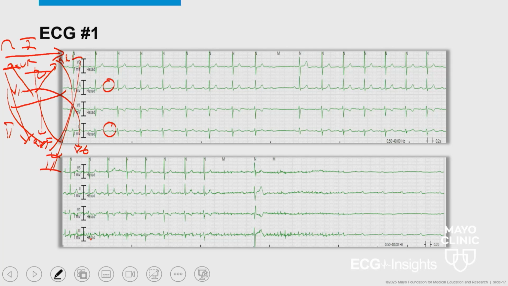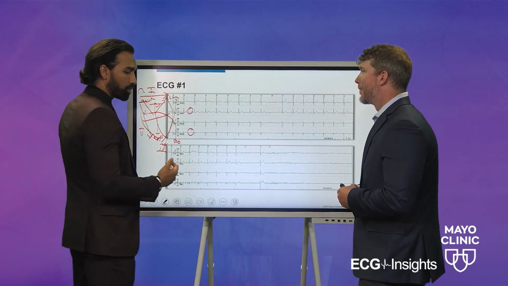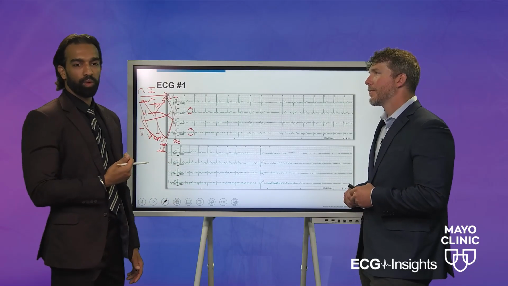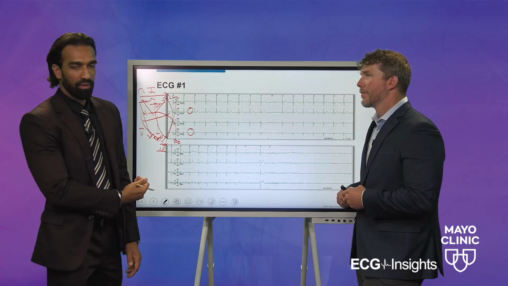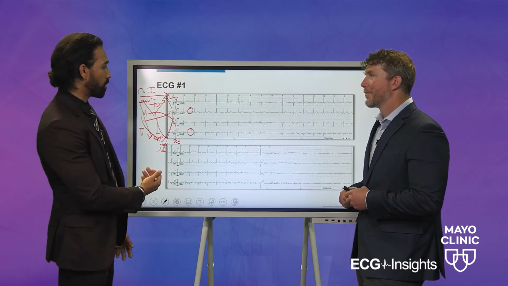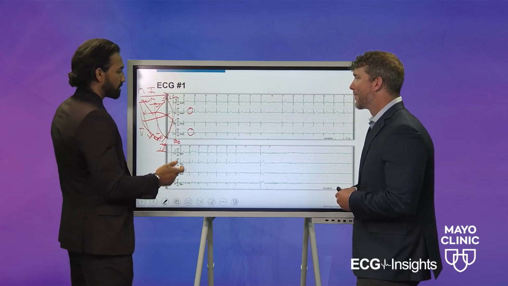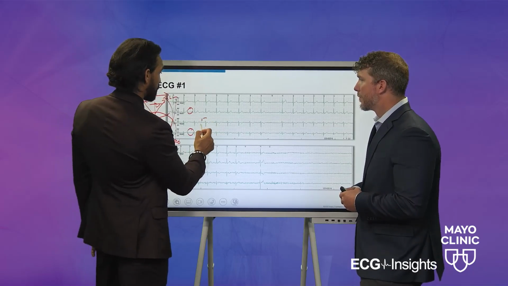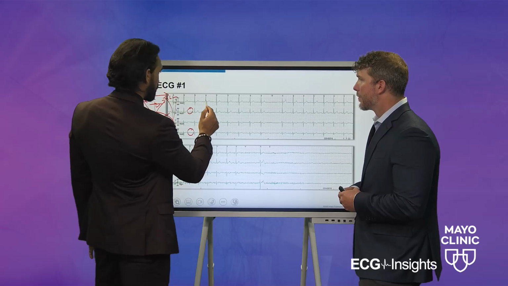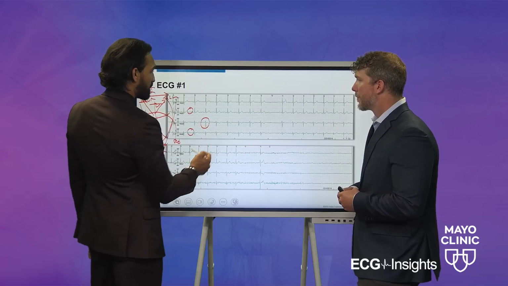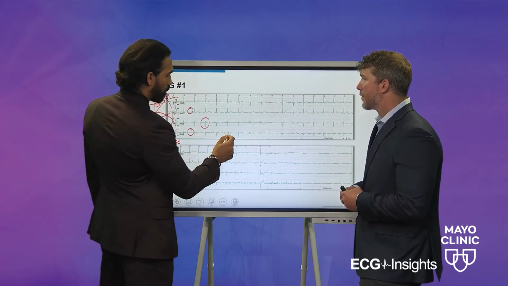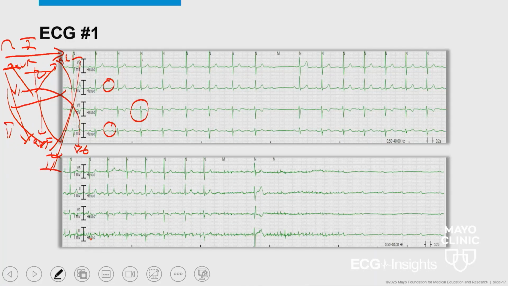Then we have a QRS, which looks pretty narrow, looks like a normal activation of the QRS. Normal QRS would be mostly negative in V1, and as we go across the precordium, it'll be mostly positive. So V6 will be tall positive, and you get that transition somewhere between V3 and V4. Just a quick look at this, looks normal. You can see V1 is mostly negative, and we have a V3 that looks a little taller than V1, so that makes sense. But as we go along, we see PQRS, PQRS, then any transition should catch your eye.